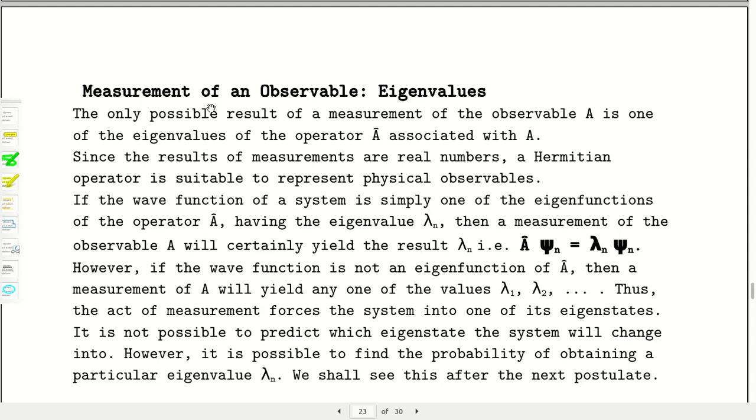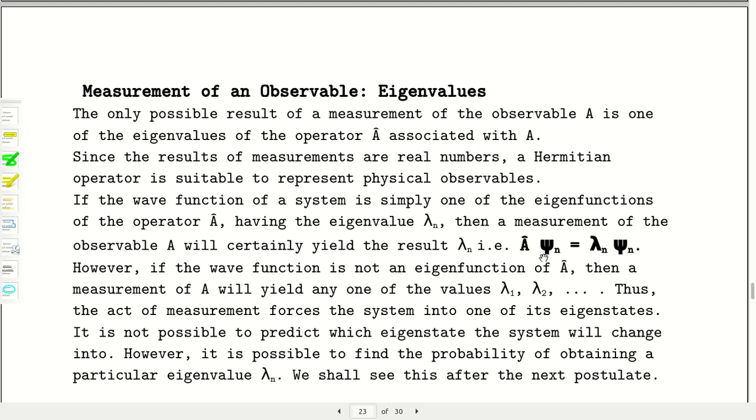Well, today I will discuss a topic in quantum mechanics which deals with measurement, and how we can measure a physical variable in quantum mechanics. So for this, first